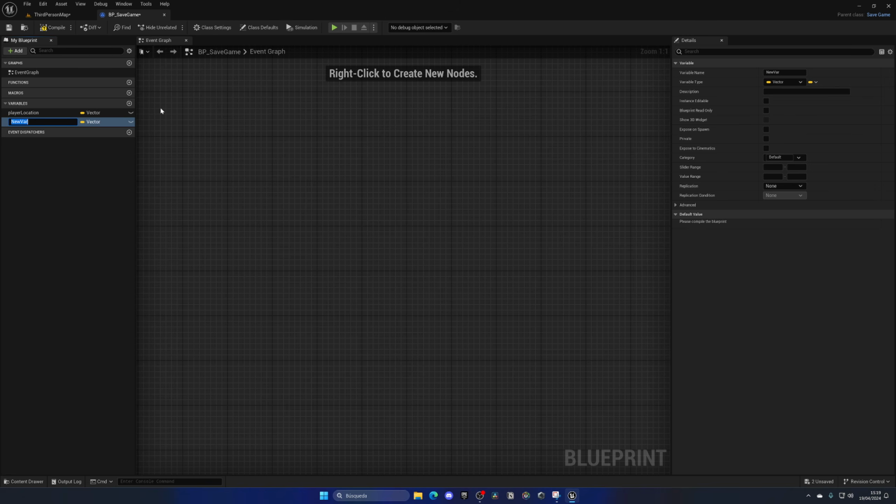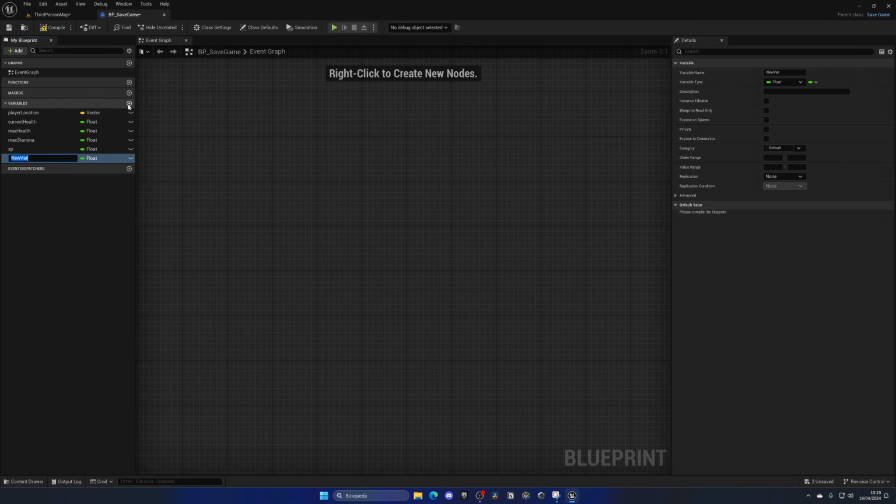In this case this is gonna be the current health, right, of our player, and it's gonna be, of course, a float. Then we're gonna go ahead and do the max health that we have on our player. Then the current stamina we will not save. We will only save the max stamina because the stamina basically fills in a couple of seconds. It will be kind of stupid to save that. It's not necessary. And then we also put the current XP that we have, and then the